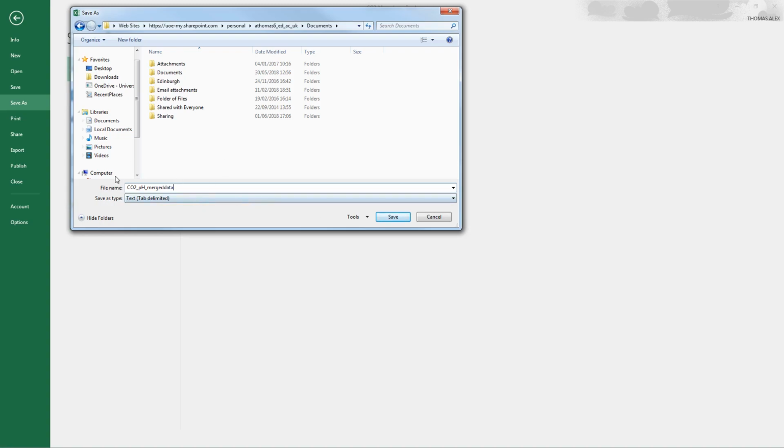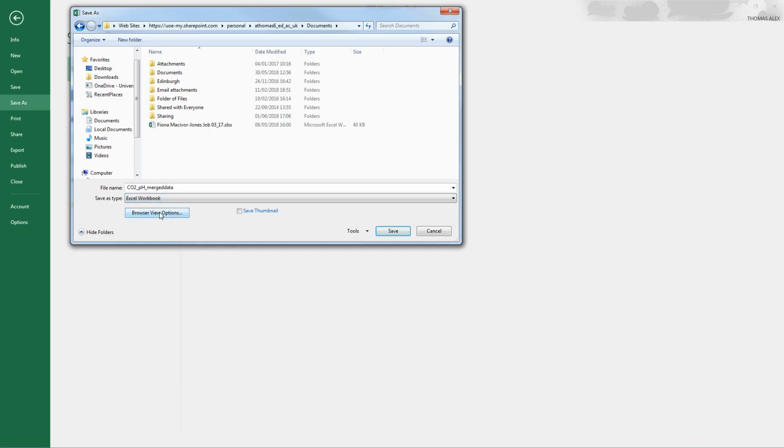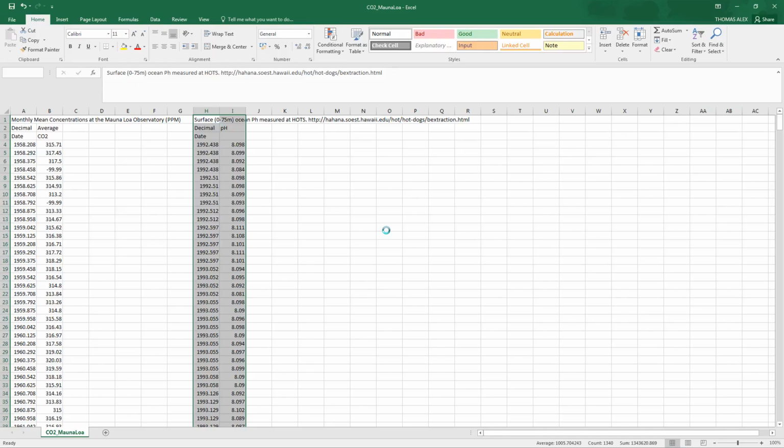Okay, and importantly, I'm now going to change the file type. So if I saved it as text and I did some work on it and made some graphs and added some Excel formulae, if I then saved it, it would get rid of that and it would just save the numbers in all of the cells, and any graphs would be completely lost. So make sure that you save the file type to an Excel workbook. Okay, and I'm going to save that. There we go. So I now have a new Excel spreadsheet, and it's got all of the data that I'm going to be working with